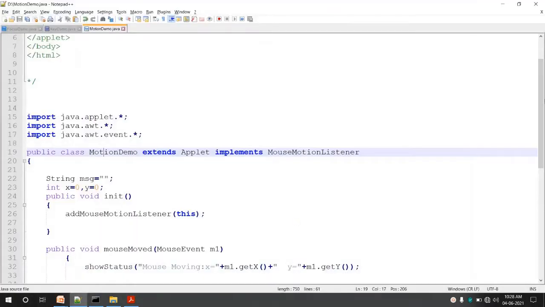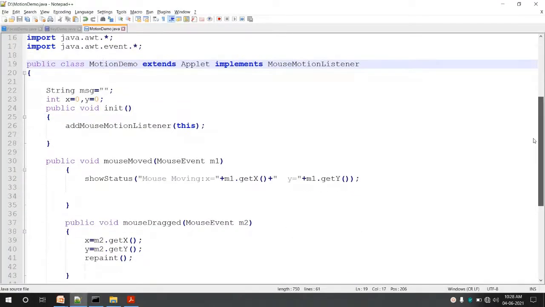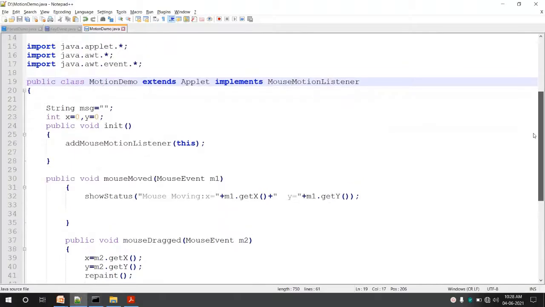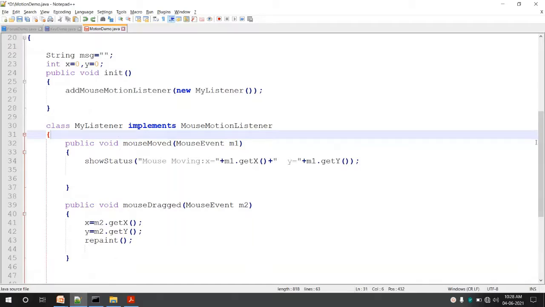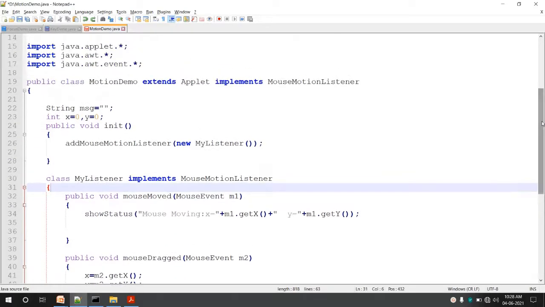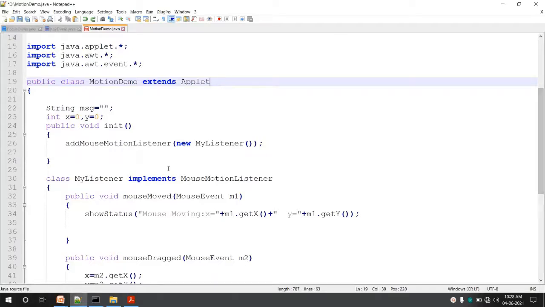What I'll do is I'll make modifications in the same program. Okay, I'll just revert the code a bit. We have a separate class here. In the same class, events are not handled.